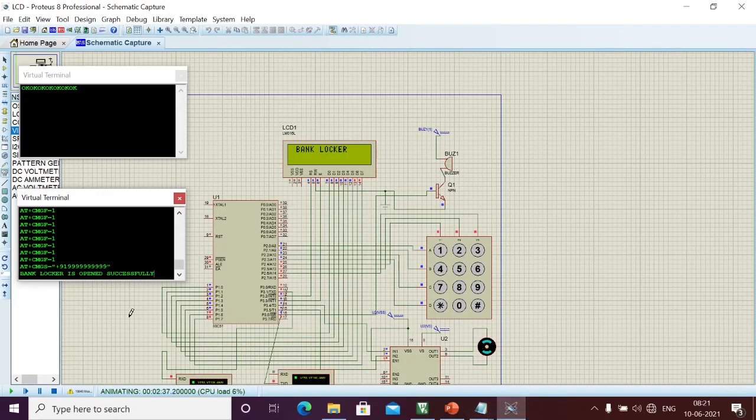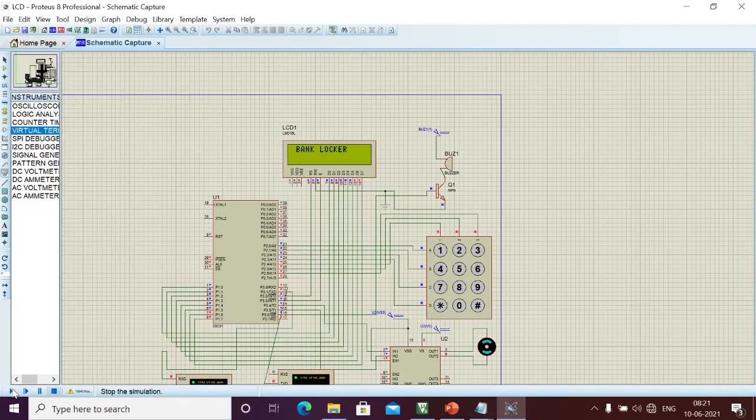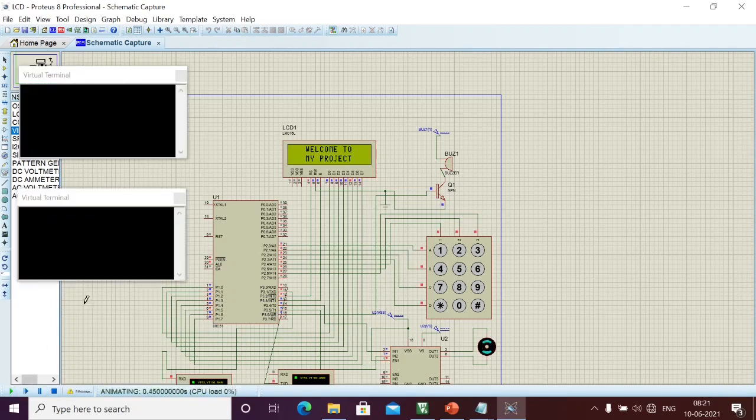Similarly, I will run the simulation one more time. Here again we'll send OK from the GSM to the microcontroller. Now the link is up. Similarly, we'll send OK to move to the text mode.